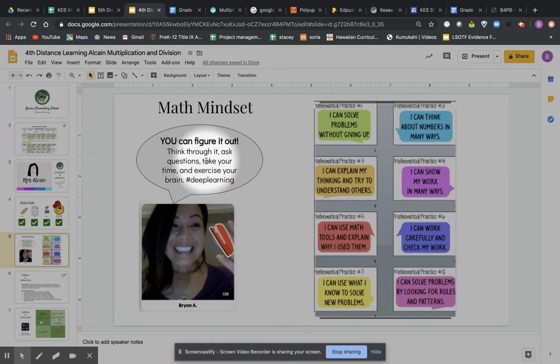Think through your tasks, ask questions, take your time, because learning anything new takes time. And knowing that when we're working on math, we're really exercising our brains. Just like we're exercising our bodies, we're going to build up our brain capacity. And we really do want to focus on these different mathematical practices as we're doing math, because we want to make that learning really deep for you. Okay? So we're going to go ahead